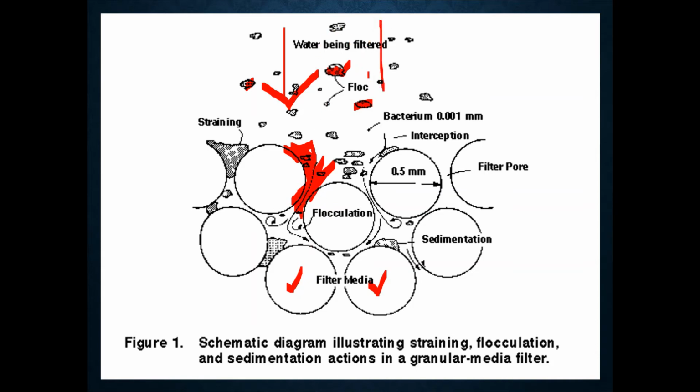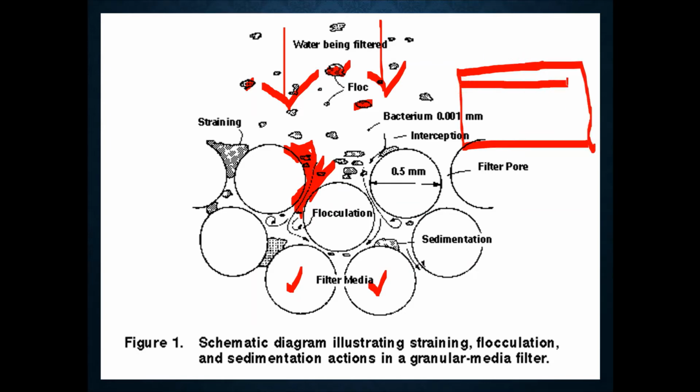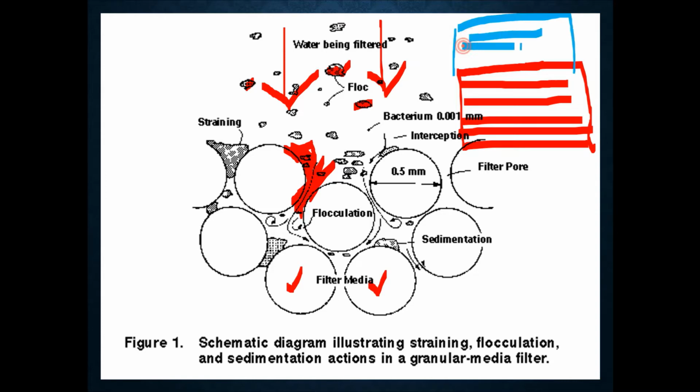And mechanical straining is what? Here, when water is filtered, the water passes through the beds of the filter medium. Suppose this is the filter media, I am drawing it, and this is your sand, and here I am denoting the water with blue color. Above the filter media, water first passes through the granular media. When these impurities are present in this water, there is no straining, there is no force, and they are freely moving.